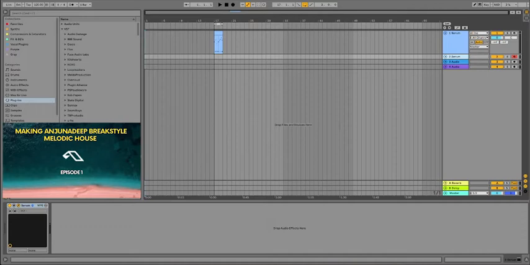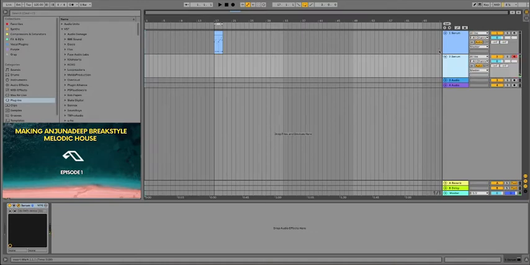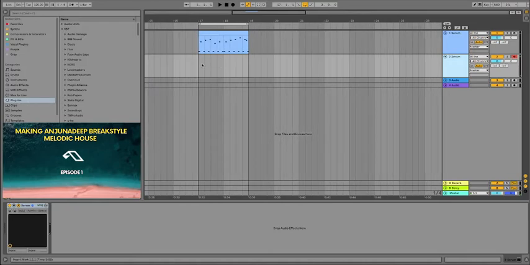So let's see. I'm thinking maybe we can do some sort of pad in the background. Let's see what I've got. Whoops, that sounds awful. Maybe something like that. Maybe something like that might work. Let's have a look. Maybe just duplicate this for 8 bars.